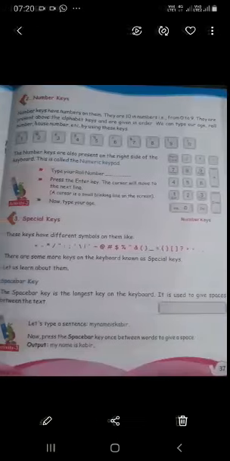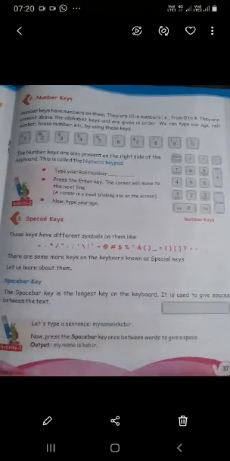Second, number keys. Number keys have numbers on them. They are 10 in number, that is from 0 to 9. They are present above the alphabet keys and are given in order.